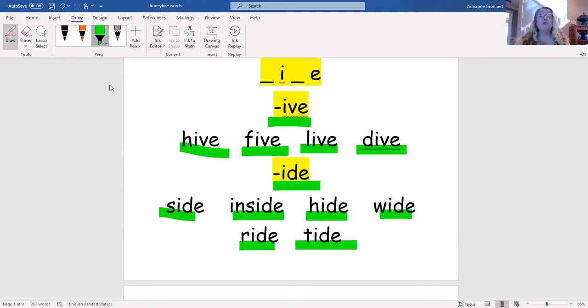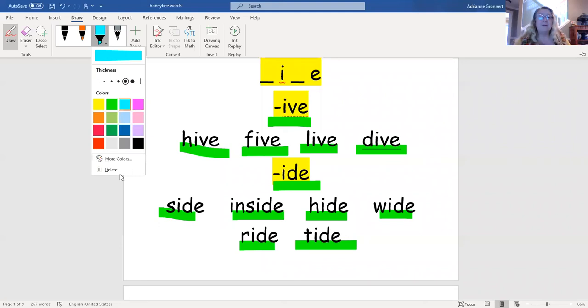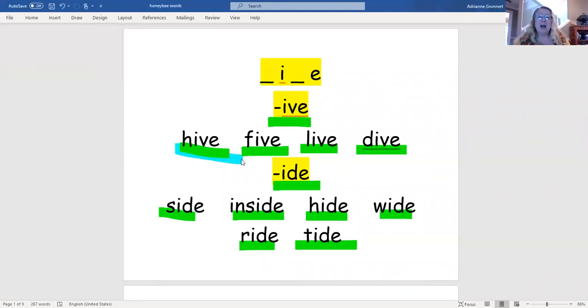Okay, let's read those words one more time to practice that I sound with the long E at the end. I'll choose a new color. Ready? Let's do it. Hive, five, live, dive, side, inside, hide, wide, ride,